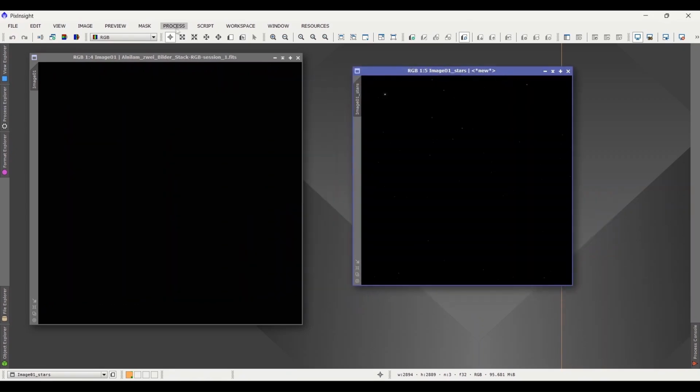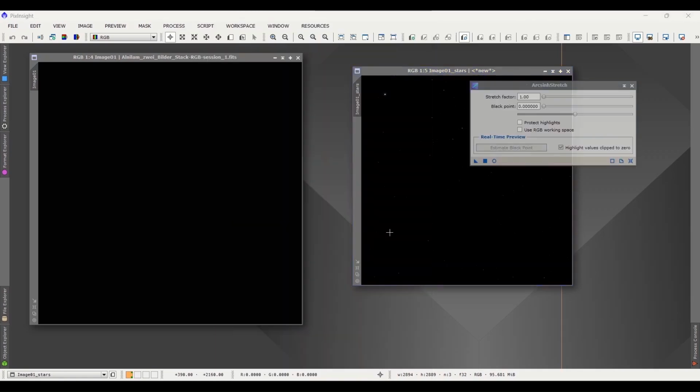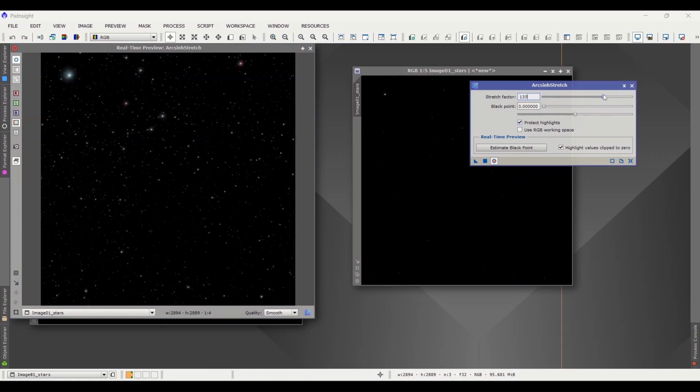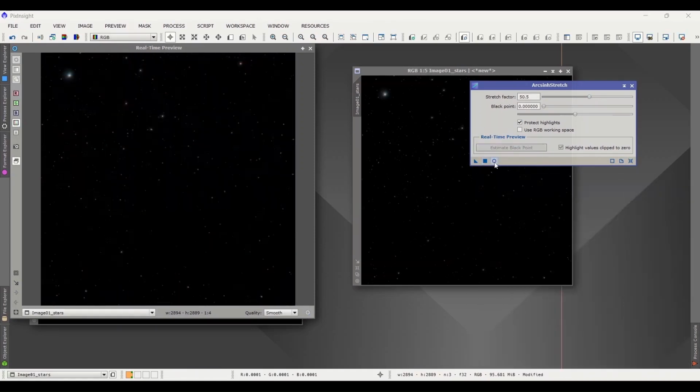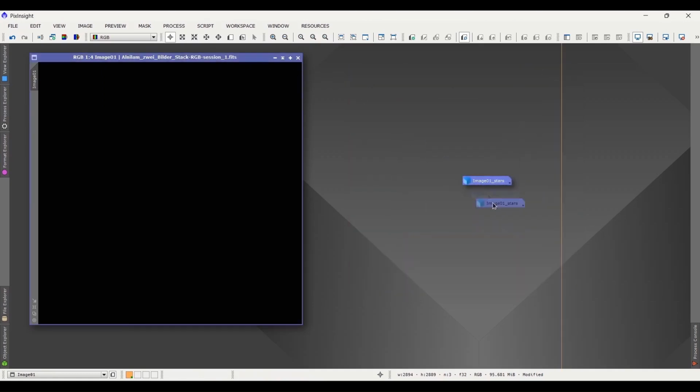With the stars, I make a short stretching with intensity transformations, ArcSinh Stretch, protecting highlights here. And only a bit, not too far, so that we can see some stars here. Yeah, I will stretch more later. And now the